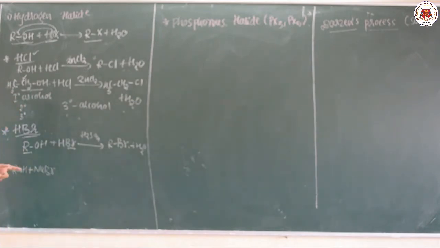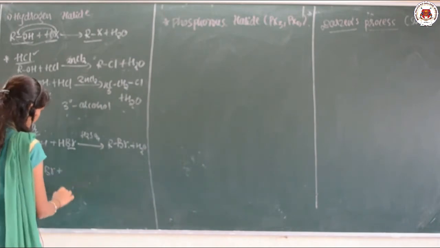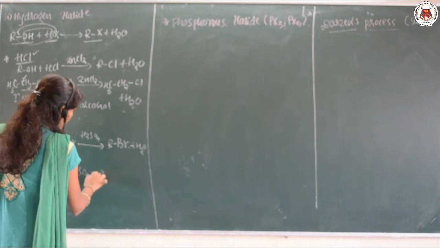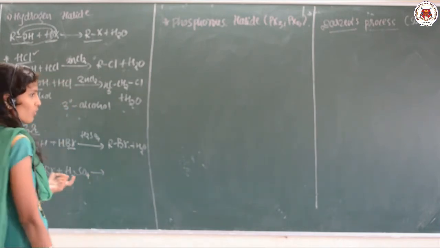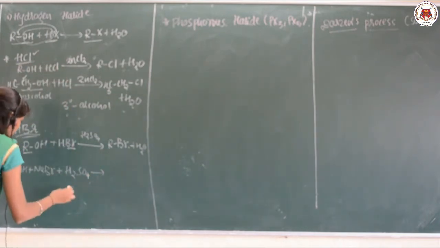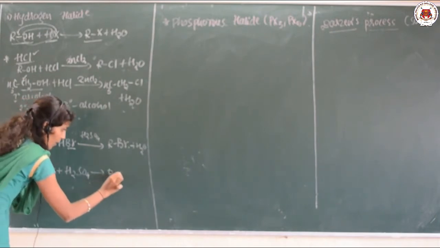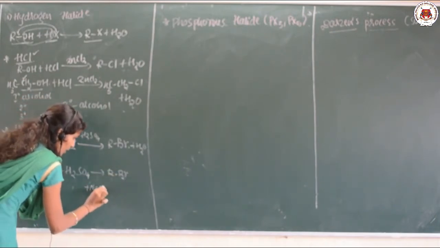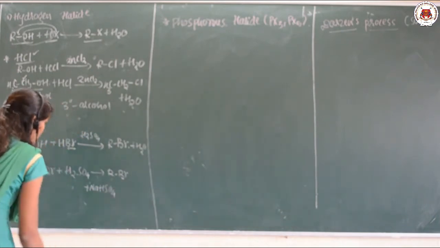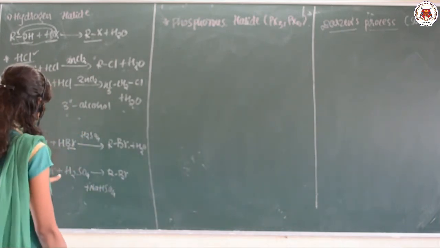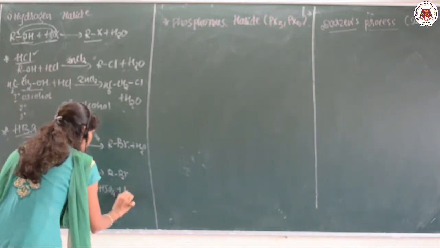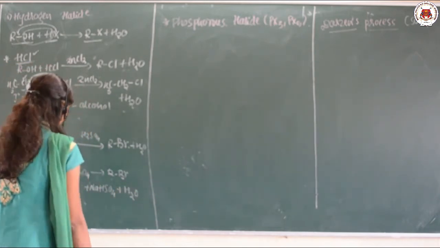Okay. And sometimes in your book they also use alcohol with NaBr, and even they are using H2SO4. So here, what we want to prepare is RBr, that is alkyl halide, plus there is one NaHSO4. So just look at what else remained. NaHSO4 remained, and what else remained? Water is one of the products.